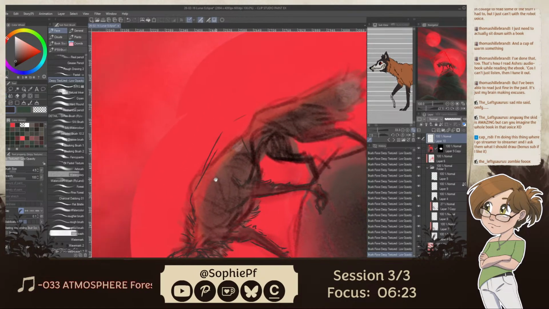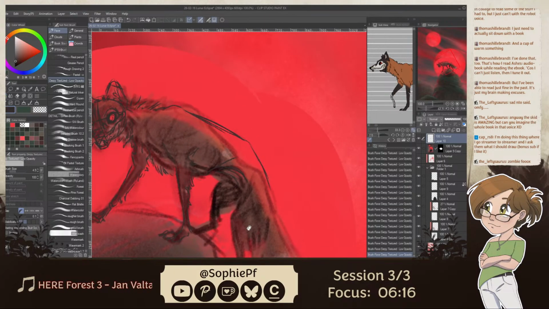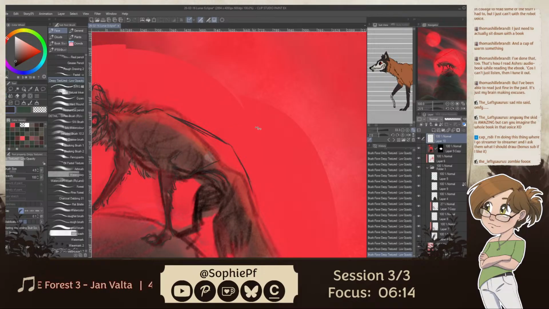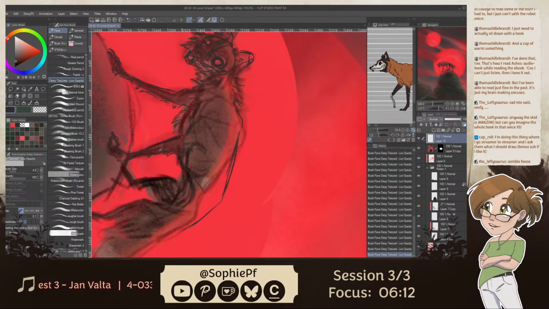Whoops, I think I want the spine to be more like this, so I need to angle the rib cage a bit better.